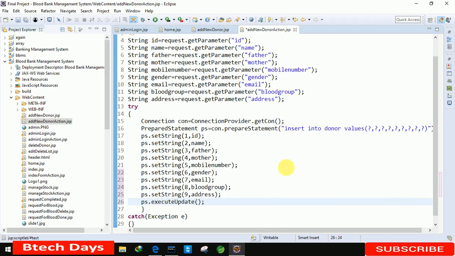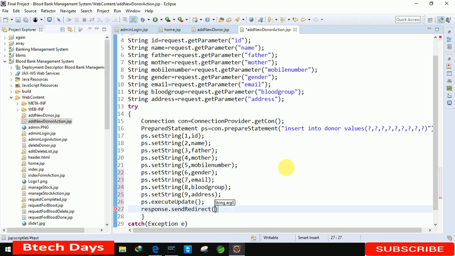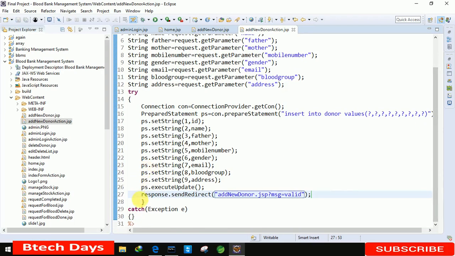Okay, after that we just need to send the response, send redirect, and in this we just need to send response to the add new donor page, add new donor dot jsp question mark msg equals to valid. Okay, and let me copy this, and in the catch block we also going to write this.